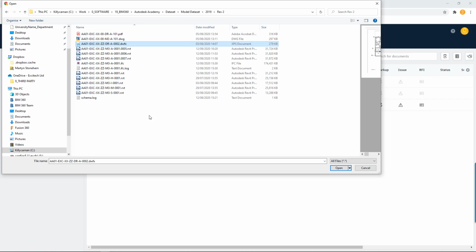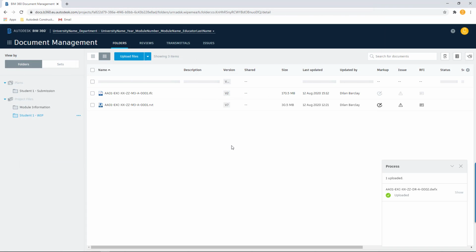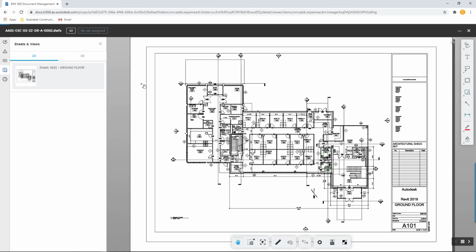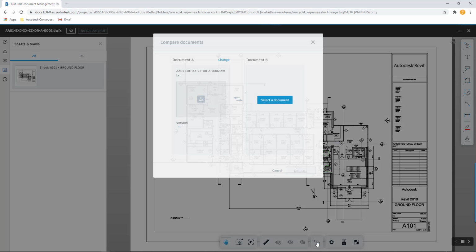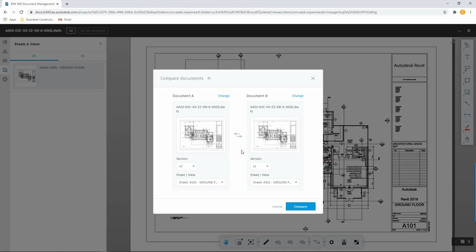Load the DWF file from revision 2 from the dataset. Once processed, we can then review and compare the changes. Simply select the file to go into the BIM 360 viewer, then use the Compare Changes function to review the difference between the files. Here I'm going to compare the differences between version 1 and version 2 of the DWF